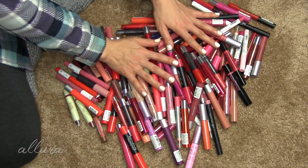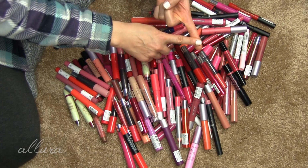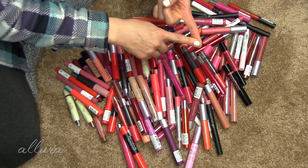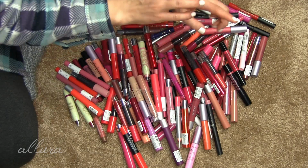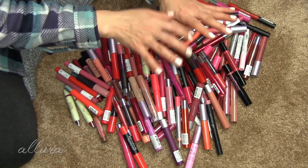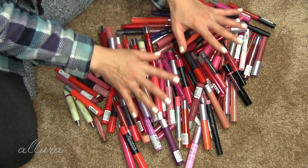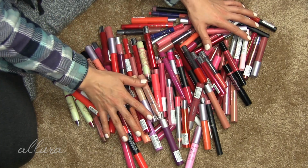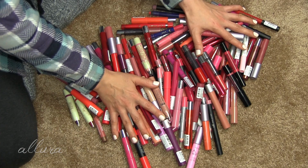The caveats I always give for the declutter videos are: one, just because I do or don't declutter something doesn't mean it's the right or wrong way to declutter something. I have a pretty high tolerance for keeping things that I probably should throw out. So don't take this as me saying this product is safe or healthy to keep. It may not be, but I'm just making a personal decision for myself in my own collection. On that note, the second thing is these are items from my personal use collection. They are not inclusive of things that I show in videos that are put aside for things like giveaways or